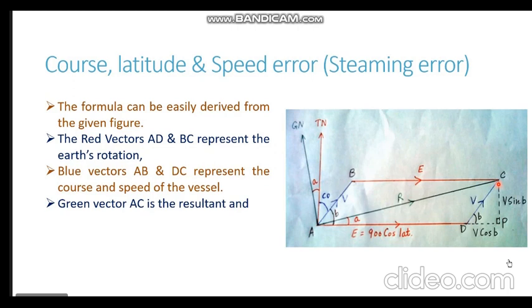motion vector. We have seen this vector addition in chart work also. So in chart work, we add up or combine the course steered and the current vector to get the CMG vector. So something very similar to that. Alpha to delta is the Earth's motion vector. Delta to Charlie is the ship's motion vector, and their resultant completing the triangle is alpha to Charlie. This is the resultant vector. So this green color vector which you see represented by letter alphabet R is the resultant of the Earth's motion